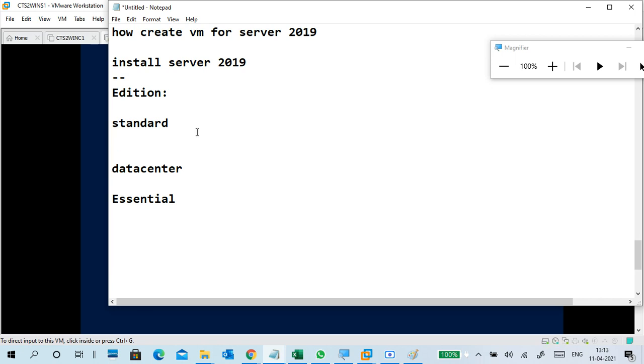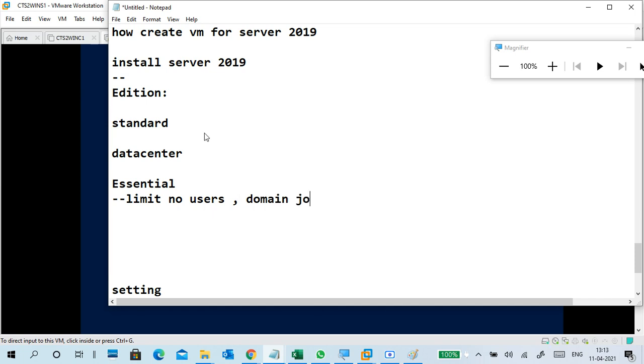Standard and data center don't have many differences. Essentials has certain limitations, like number of users or domain joining.